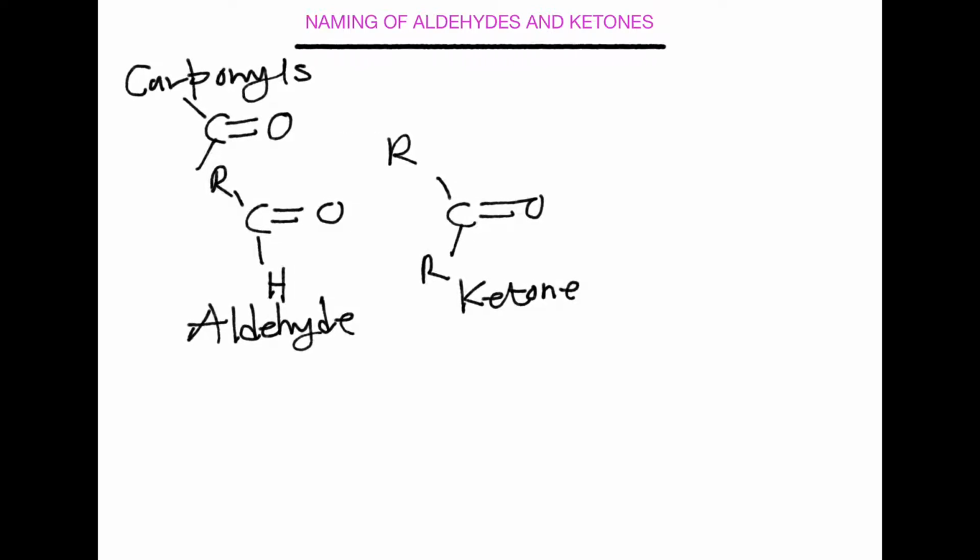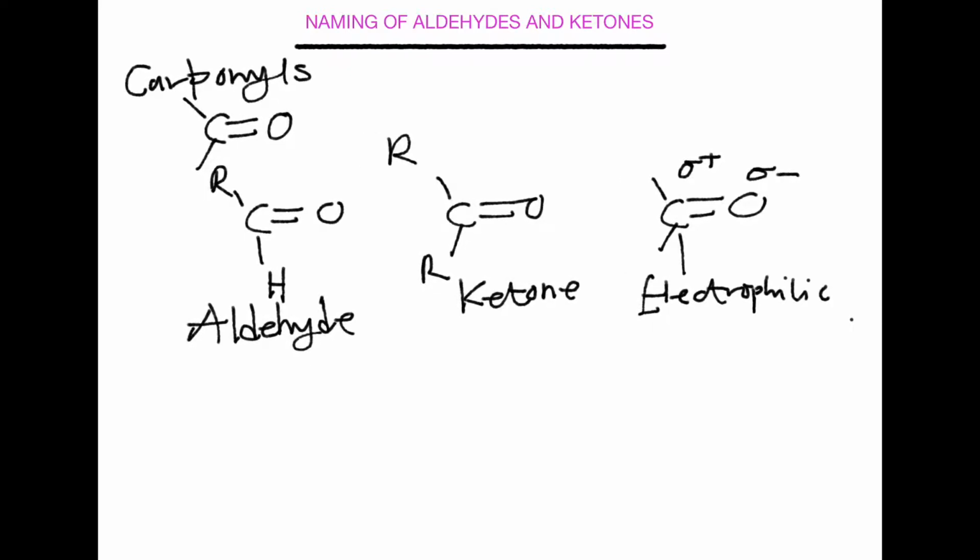Alright, another thing we have to know is that this carbonyl compound is a polar functional group in the sense that we have this carbon which is doubly bonded to the oxygen. The oxygen is partially negative, and the carbon is partially positive, and we all know why. The oxygen is more electronegative than the carbon, and I also have some lone pairs there, and so it is going to be polar. And when that happens, we can say that the carbon is electrophilic, and our oxygen is going to be,